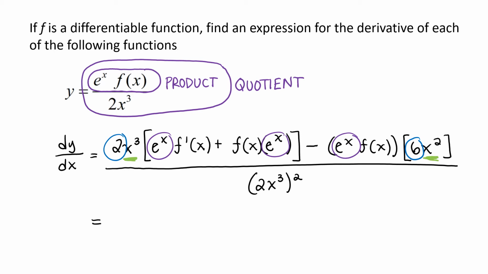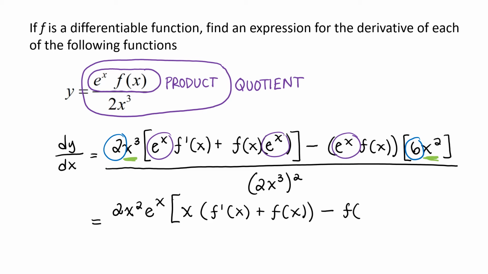So this will be equal to 2x squared e to the x times x times f prime of x plus f of x minus f of x, and we're left with 3 when we factor out that 2, so 3 f of x